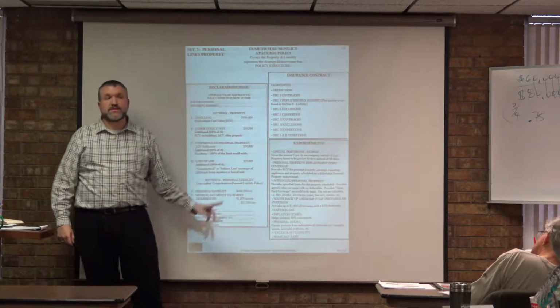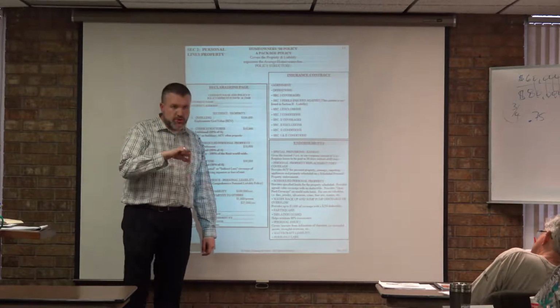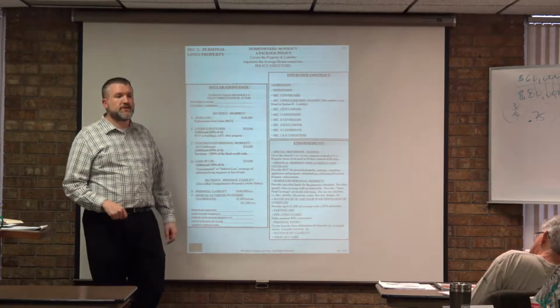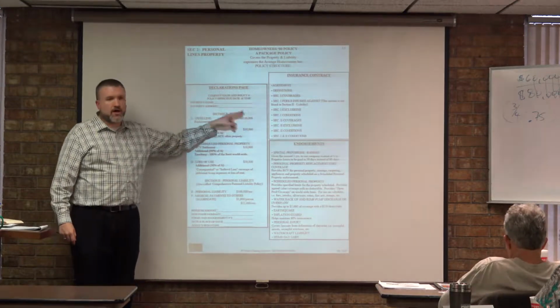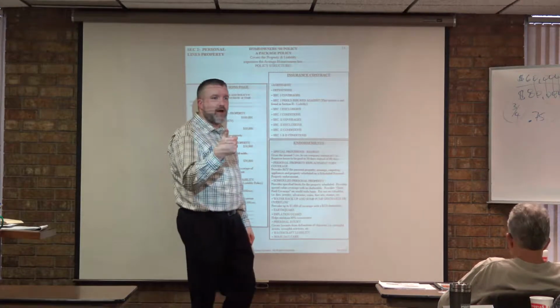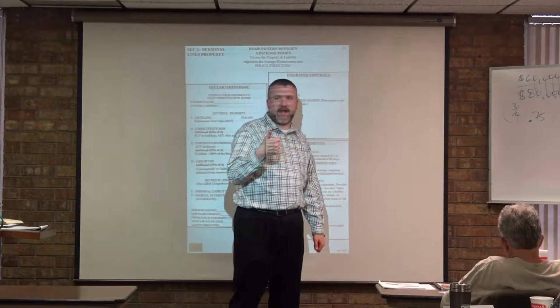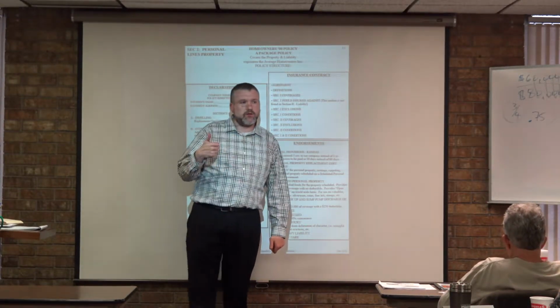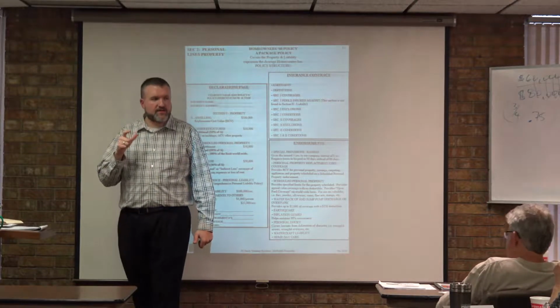Inflation guard, this is a key one. What if I had chosen to insure my home at 80%? So if I have an $80,000 limit on a $100,000 home, am I good? Yes. What happens when my property values go up, even if it's only by $1,000? What happens? If I only have $80,000 limit, what am I?